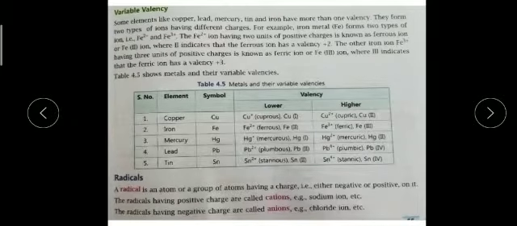Now you should remember, children, that there are a few others, like you can see there are 5: iron, copper, mercury, lead and tin. These elements exist in nature in lower valency also, and in higher valency also. So that is called variable. Variable means different valency. So these elements have different valencies. They do not have one single valency. They have 2 valency, sometimes they have 3 valency, like this.